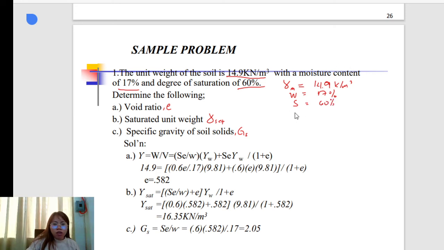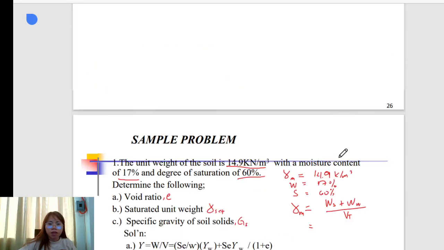So the moist unit weight is actually equal to the mass or weight of the soil plus weight of the water divided by the total volume. And the weight of the soil is equal to, try to remember this,